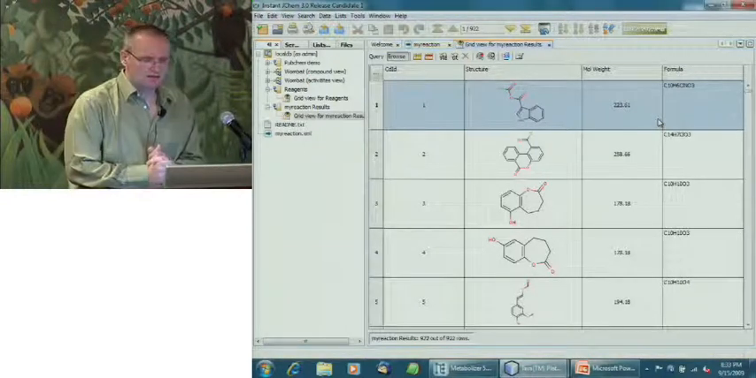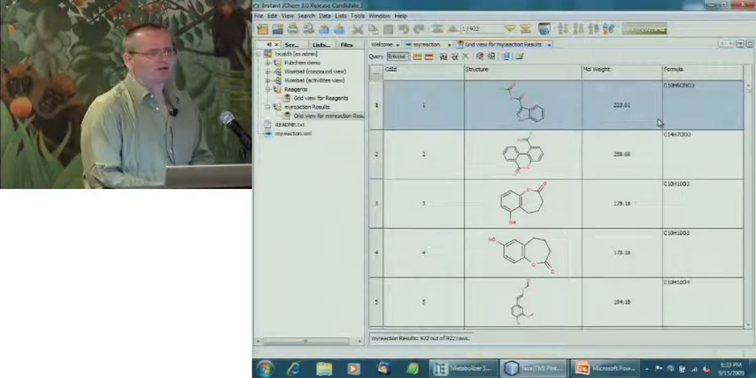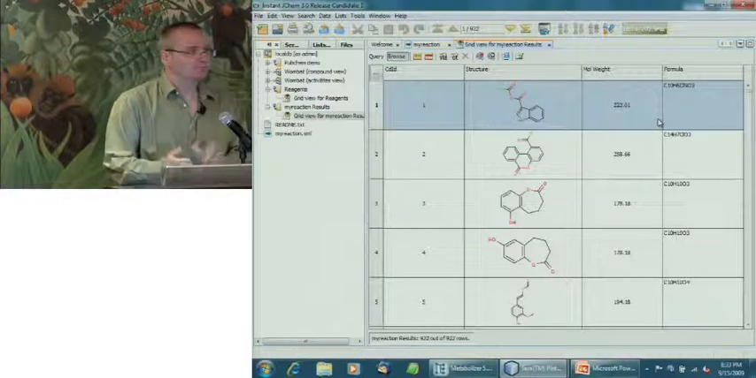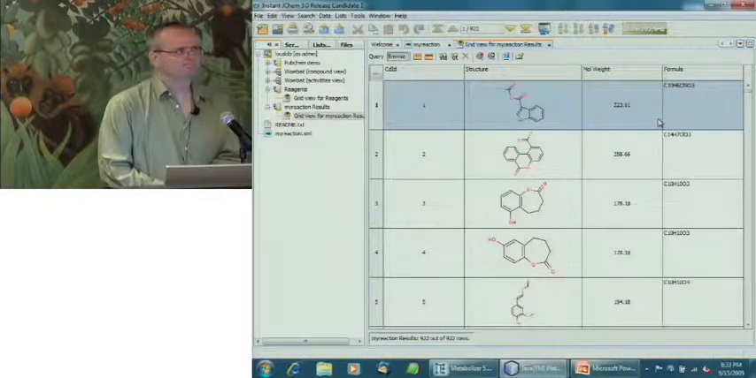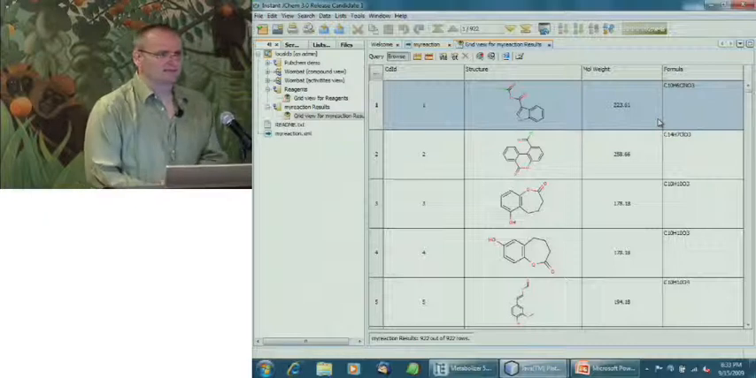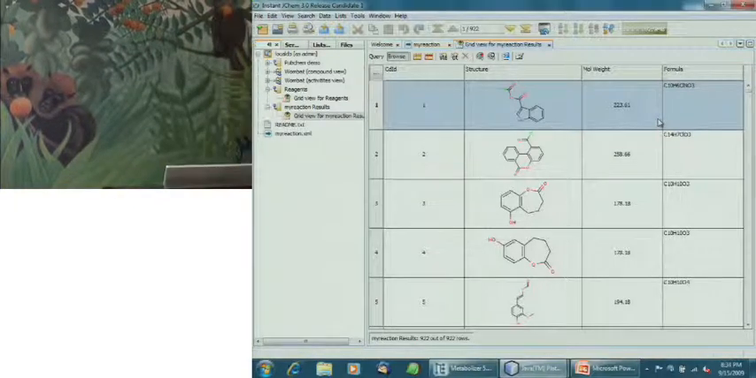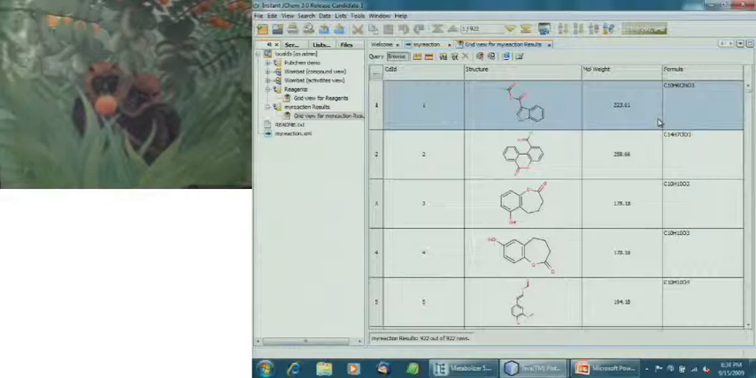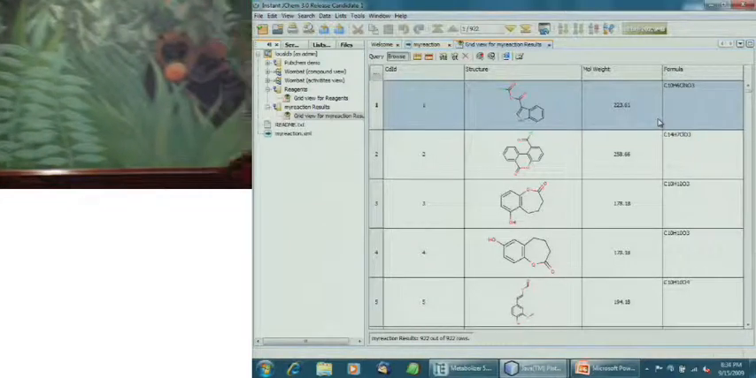Okay. Do you have any questions about the Reactor integration in Instant JChem? Yes? What about integrating it with experimental data? I mean, are you making any attempt to take known reaction data and load it into the database